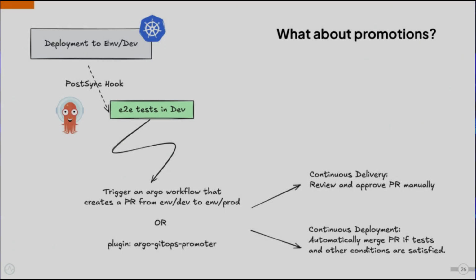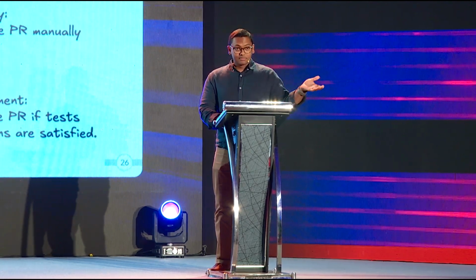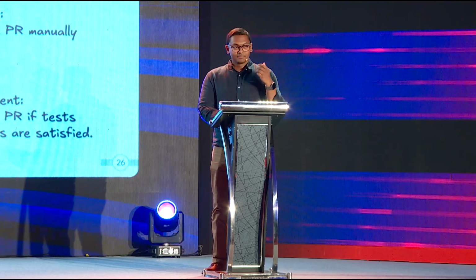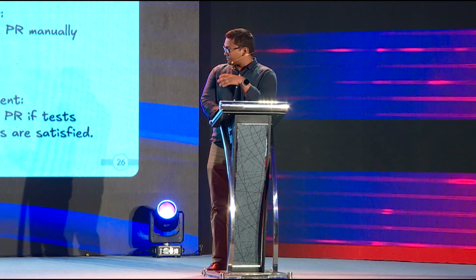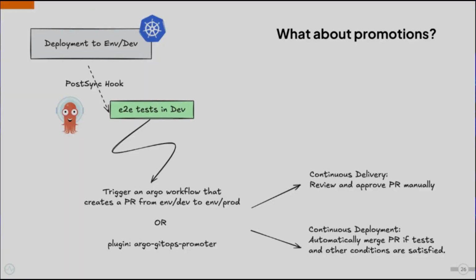Or there are new plugins out there, for example, this Argo GitOps promoter, where you can just basically declare that I want my dev environment to be stored in a branch, say environment/dev, and I want my production environment to be in, say, environment/production. And once this plugin is active, it will actually go ahead and create a PR for you in your GitOps repo when the dev deployment is done, and it will even go ahead and automatically merge that PR, triggering a production release, right?